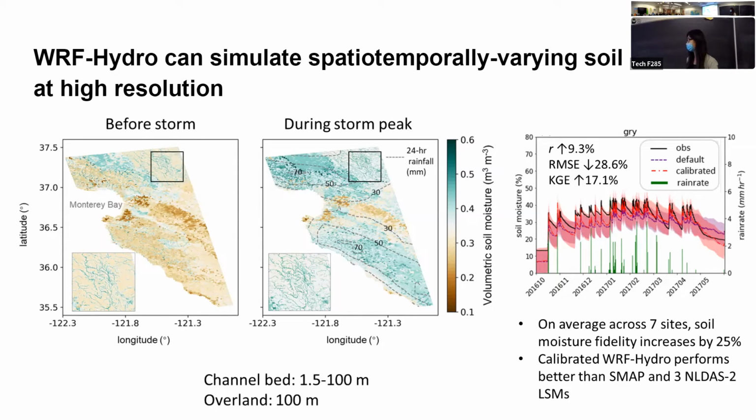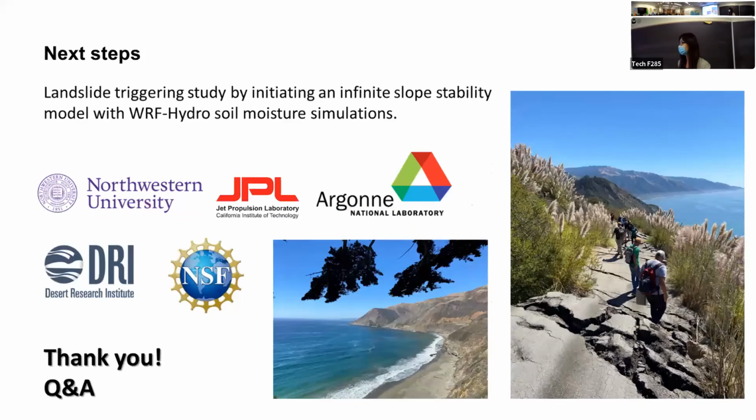And that's not just shown in one site. On average across 7 sites, the soil moisture fidelity increases by about a quarter, and our calibrated WRF-Hydro outperforms the satellite soil moisture data SMAP and the other 3, which are land surface models, when evaluating against the 7 sites. So for the next step, we plan to use this calibrated soil moisture as input into an